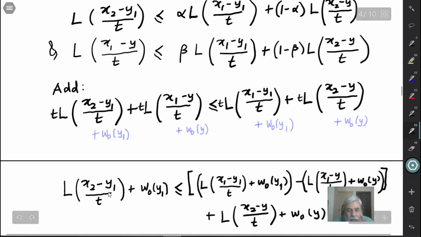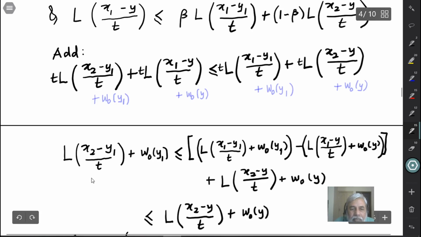Okay, so to both sides you add w0y1 plus w0y1 plus w0y. So we are not changing the inequality at all. Even after adding that, we get the same inequality. Now I add this one to the first term, so L of x2 minus y1 by T plus w0y1 is less than or equal to